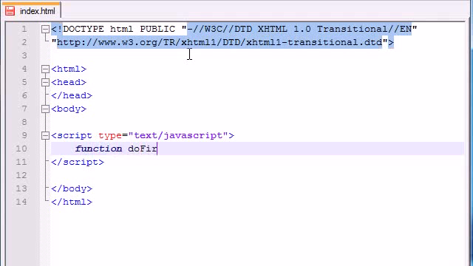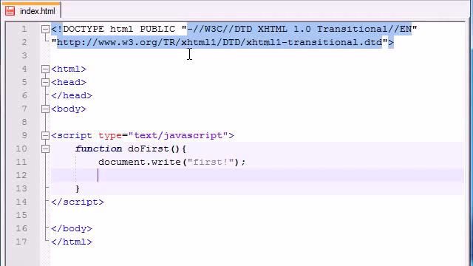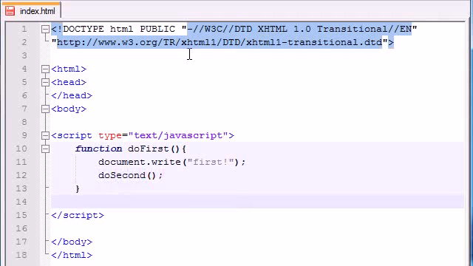So function do first, and I don't recommend doing this, but let's go ahead and just document dot write something on the screen. Just write first. We'll make it simple. And then what we're going to do is call another do second function from here. And the do second function